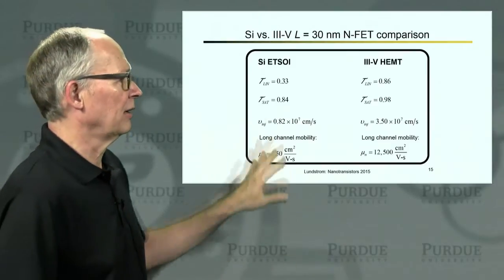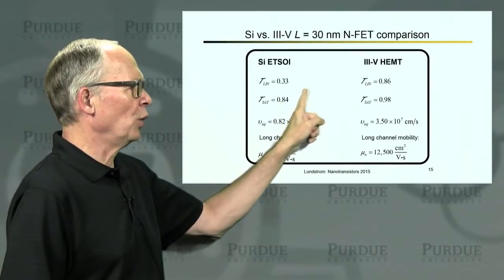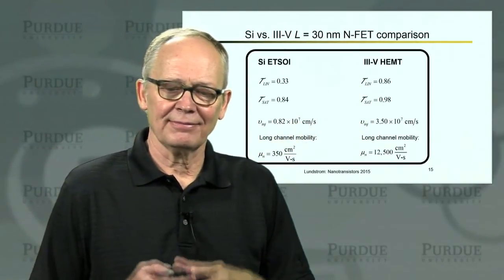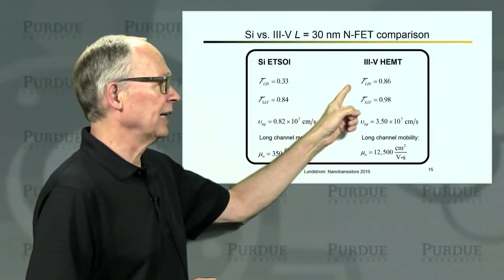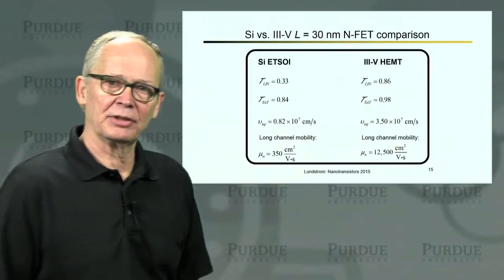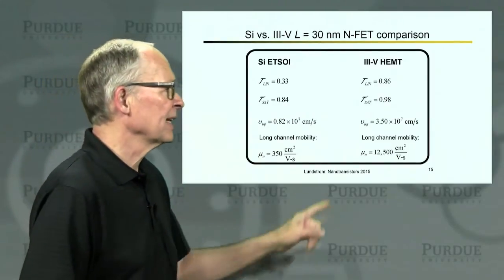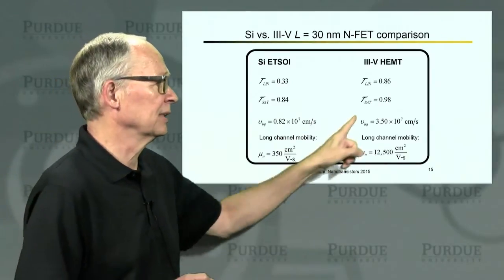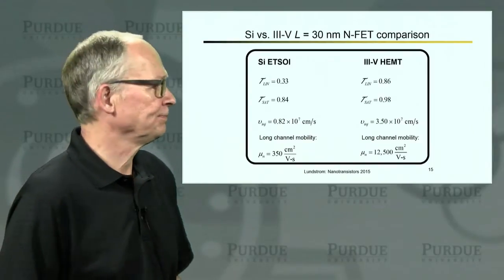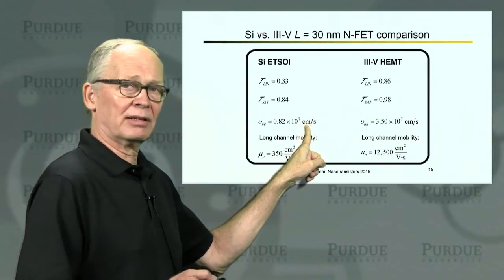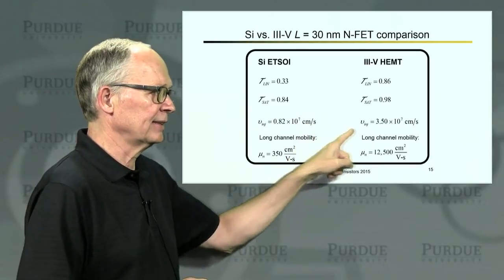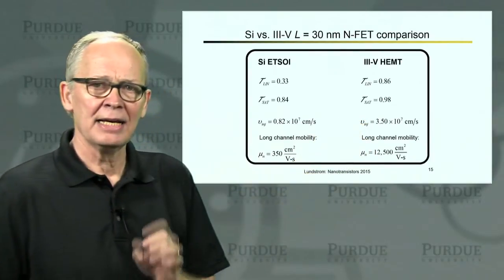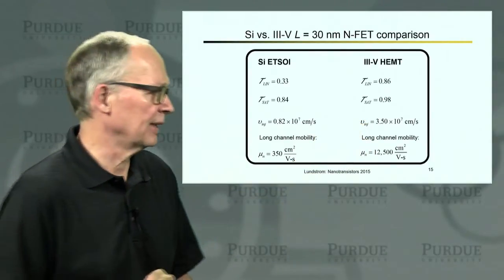So just quickly to compare our analysis of these two devices, what we find is that in the linear regime, we are in the quasi-ballistic regime in both cases, but we're much closer to the ballistic limit for the 3.5 HEMT than we are for the silicon device. In the saturated regime, even the silicon device is operating relatively close to the ballistic limit, but the 3.5 HEMT is essentially there. The injection velocity is a little less than 1 times 10 to the 7th in the silicon device. It is significantly higher than 10 to the 7th in the 3.5 device because of the light effective mass and the high thermal velocity.